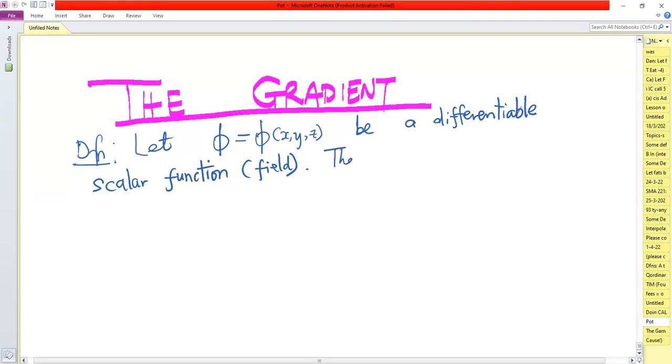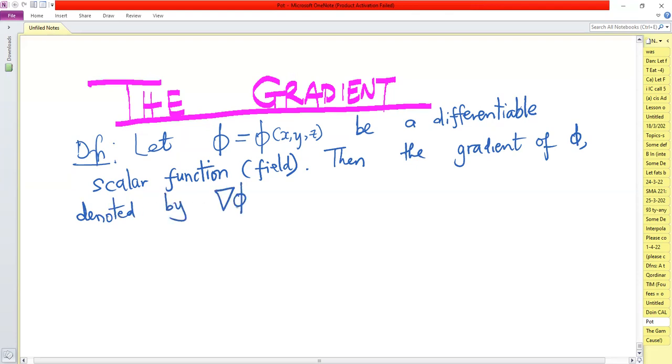Then the gradient of phi, denoted by, or you can write it as, it's defined by